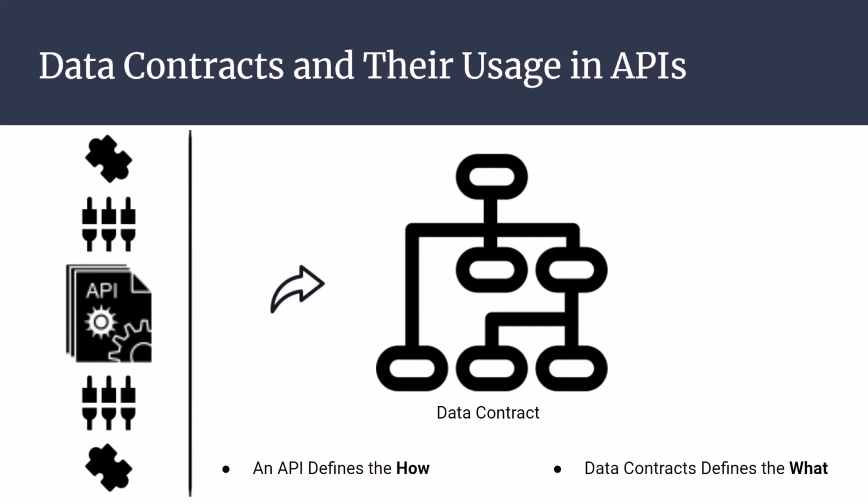For example, if a client wants to retrieve data from a server, it might send an HTTP request to the server's API endpoint, using the API's rules and protocols for formatting the request. The server would then respond with data that conforms to the structure specified in the data contract. The client would then be able to parse and use this data because it knows the structure of the data it will receive, as defined in the data contract.